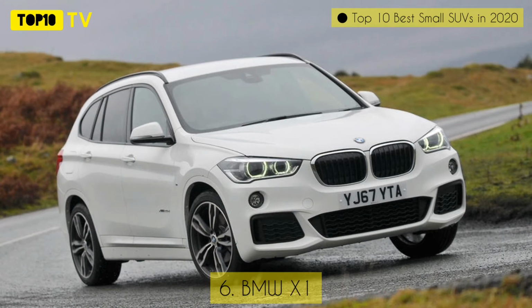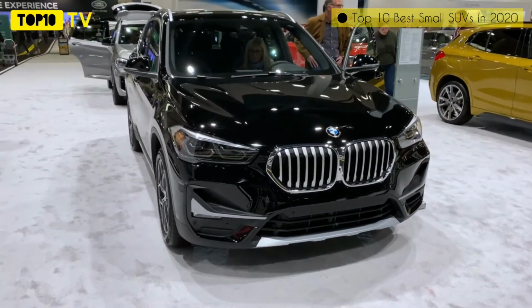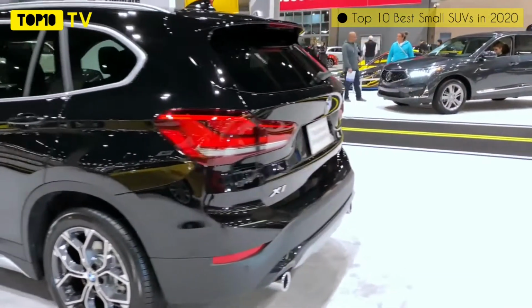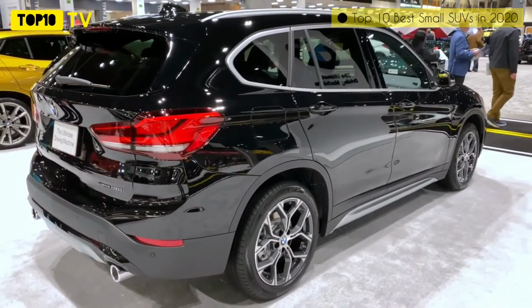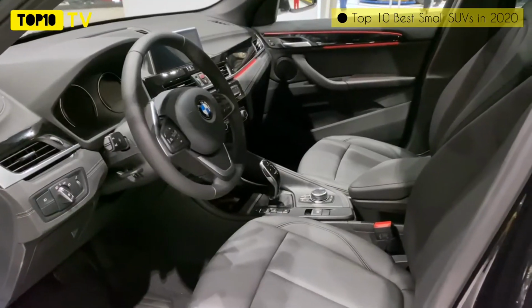Number 6. BMW X1. BMW's SUV range is growing all the time, but its smallest, the recently updated X1, remains one of our top picks for those who want a practical small family car with a bit of dynamic bite. Among all the premium crossovers, it's relatively practical, it handles well and it's plush inside. It's also less pricey than the Range Rover Evoque, despite being several £1,000s up on the more mass-market offerings in